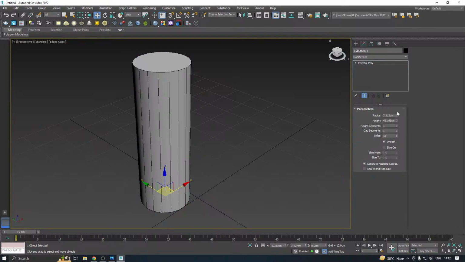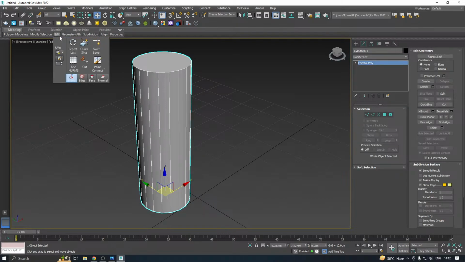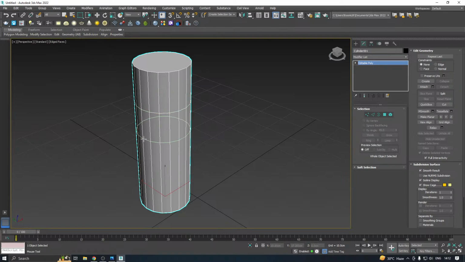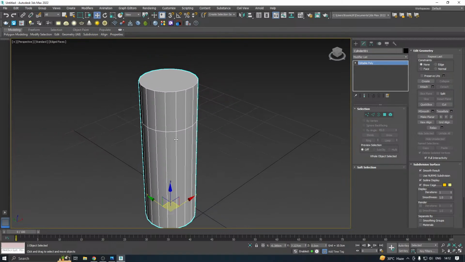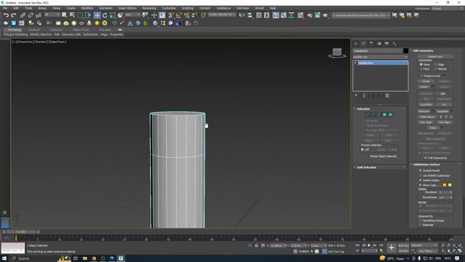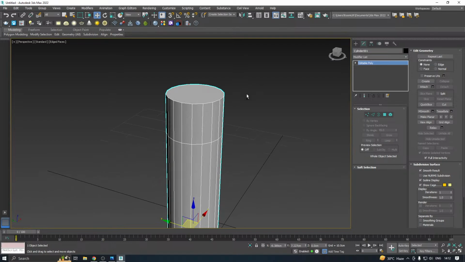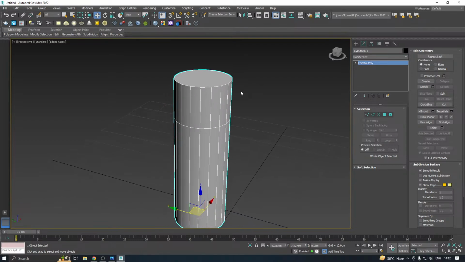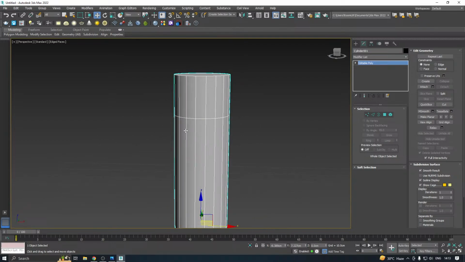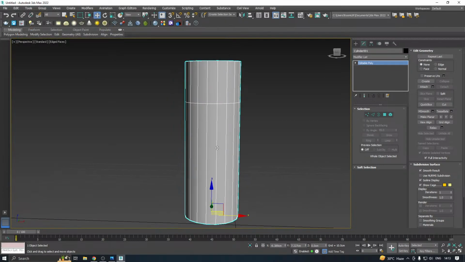Convert it to poly. You can just add a segment like this. Side, not top. You mean this side? Okay, for that actually can